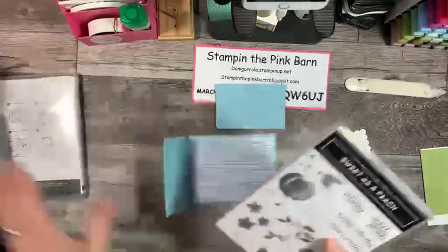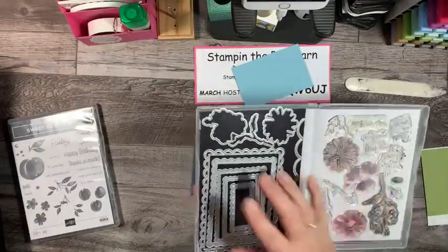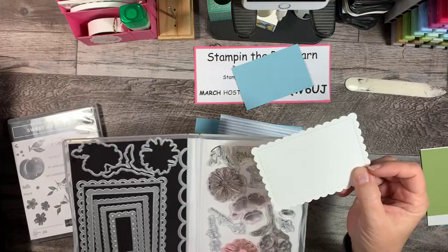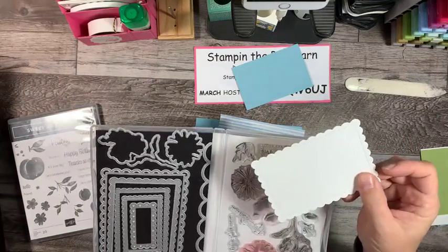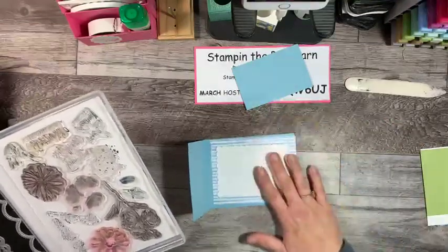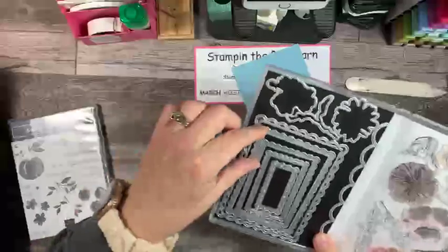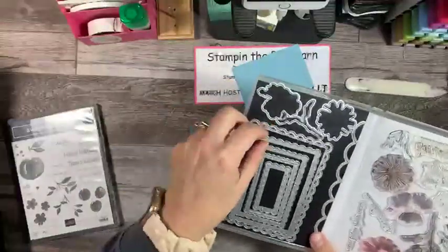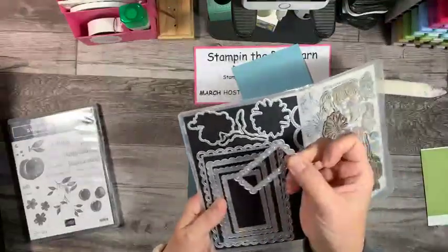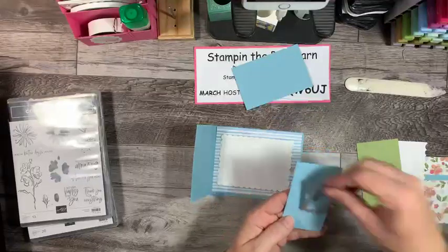Then that's what I used this one for. Now if you don't have this bundle or this die set, which is the contoured dies, I just like these little pretty scallopy edges on this. You can absolutely just put a piece of white in here, but this is going to go on the inside right there as the inside of our card. So what I used was the second largest for that, and I do need my smallest one as well, and I need a scrap piece of Balmy Blue, and I'm going to cut that